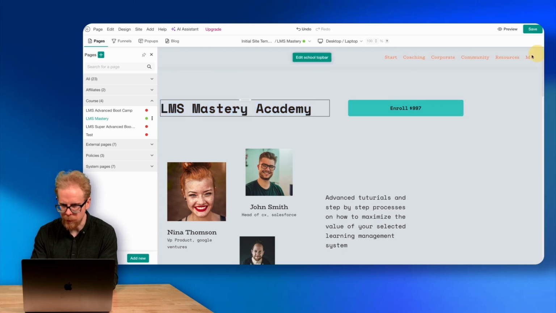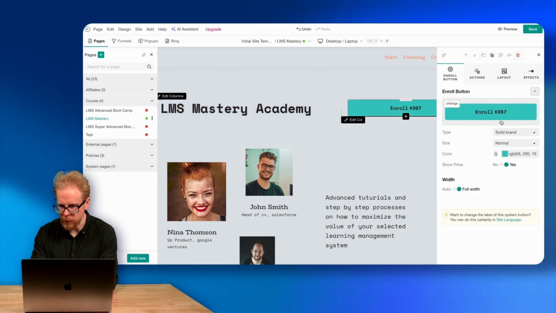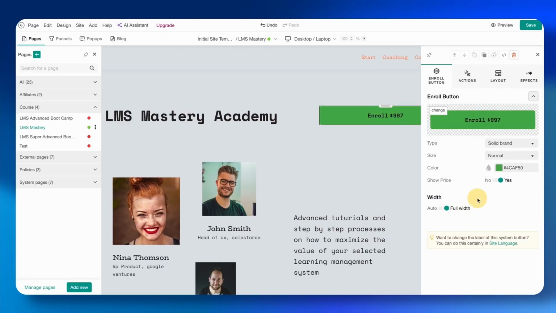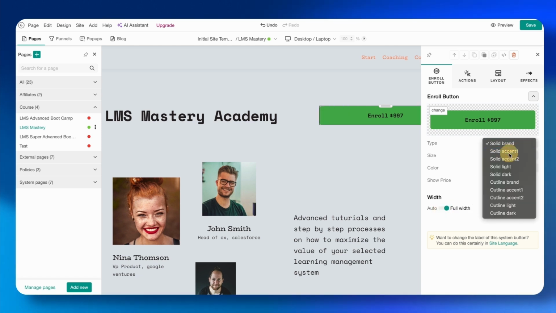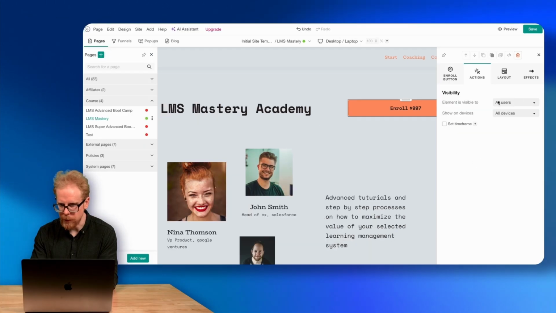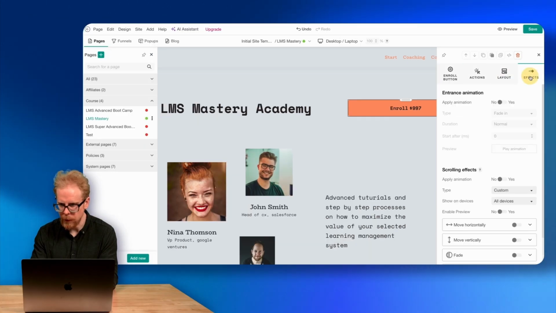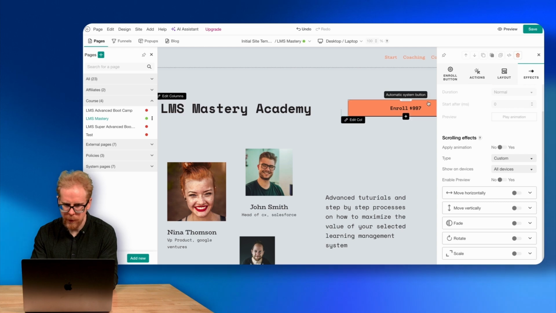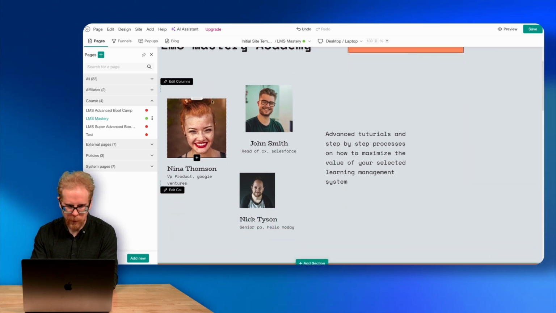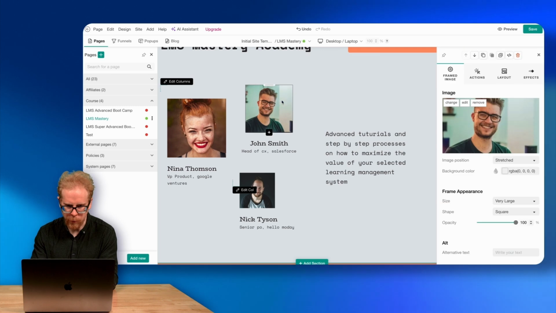Actions, can make it clickable. We can change this enrollment button, change the color of the button. Make it smaller, make it bigger. There we go, different name. Change the action, layout, and change different effects. This is where we really get to customize our sales page, okay? This is where we can decide if we want to keep